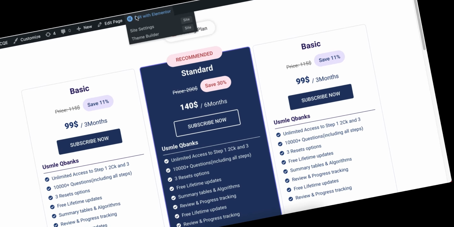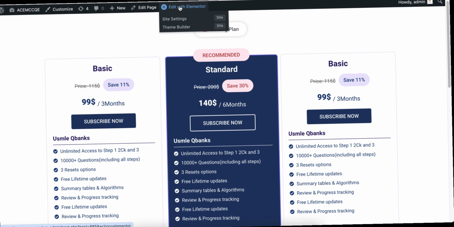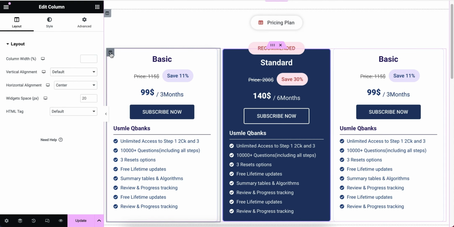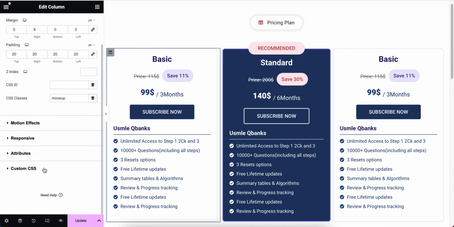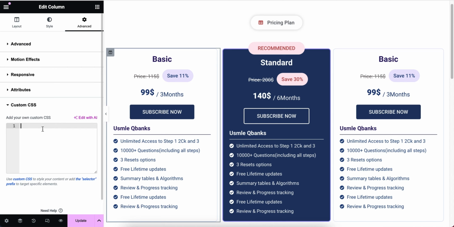First I am enabling the Elementor page builder. So first of all I'm gonna click on this column to edit, and then I'm gonna click on Advanced, and here I will add the class name move-up. So this one is the class name, and then I'm gonna apply the custom CSS. So here you will see the custom CSS option. I'm gonna write my class name here, and inside this class name I'm gonna apply the new property